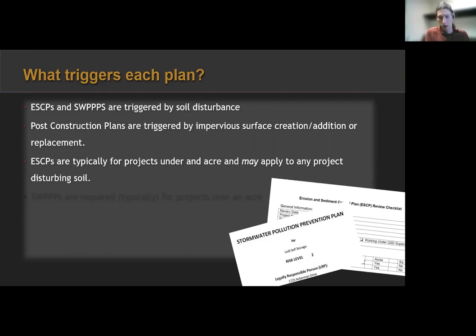So anything above 500 square feet of soil disturbance, you need to submit X, Y, and Z. Anything below that, they might exempt, or they might just have a set of standards saying follow these. It depends, but there are no guidelines in the Phase 2 MS4 permits. So any project disturbing soil may need to submit erosion sediment control plans. That's why it goes through a plan check. That's what it's for. And I said SWPPPs are typically required for projects that are greater than 1 acre.